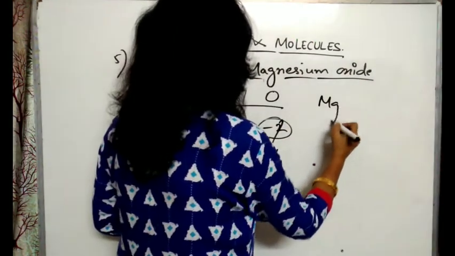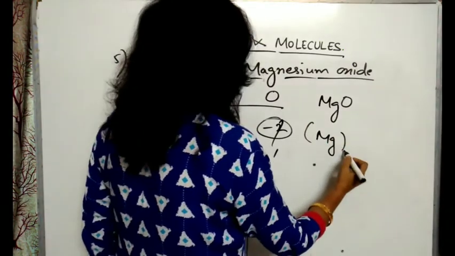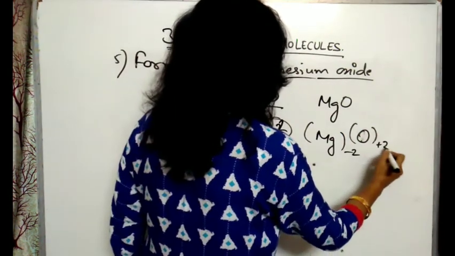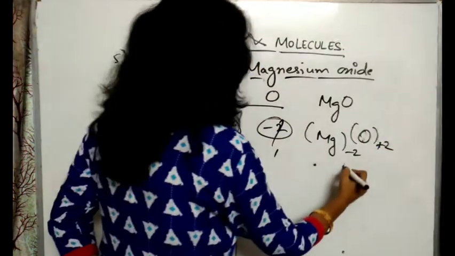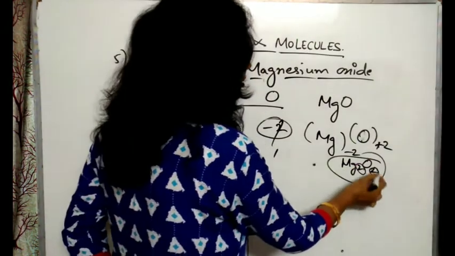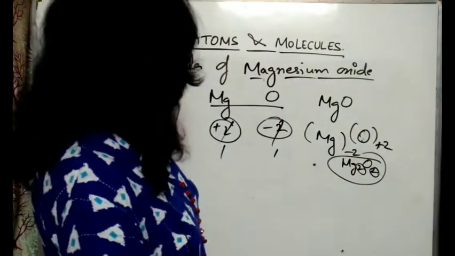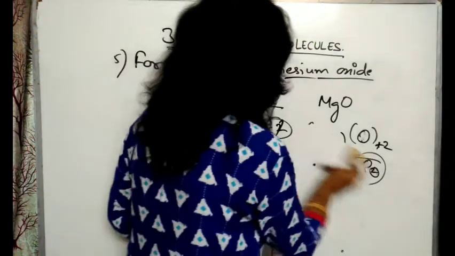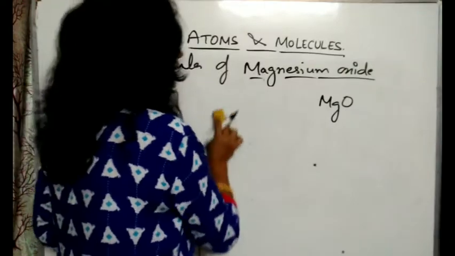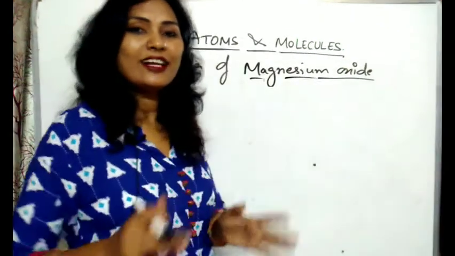Our formula becomes MgO, or you can write like that also, Mg -2 and O +2. After that, what will you do? You will write Mg2O2, okay. So here both the numbers are the same, that's why we take the common factor and our formula becomes MgO, that is magnesium oxide, okay. So we can take the oxides of these compounds, mainly the cations, okay.